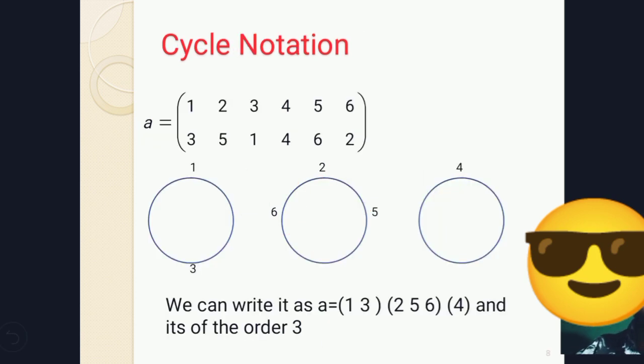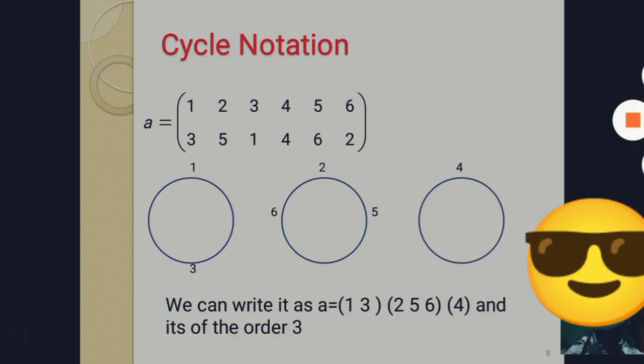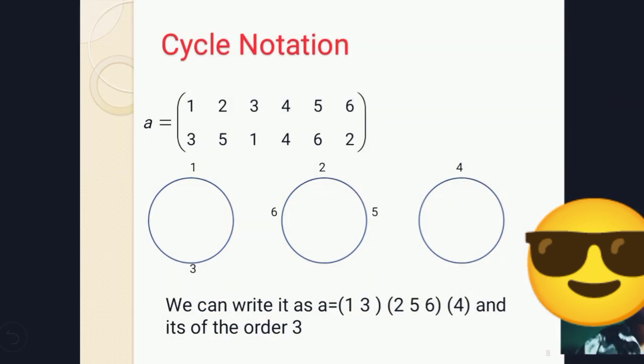And cycle notation. Cycle notation is another type of notation of permutation groups, which is very helpful in finding the permutation groups. When finding the image of an element, we just need to find the cycle which contains it, and that element will appear once, and it is easy to find the order of the product. That is the advantage of the cycle notation. Here 1 to 3 and 3 to 1,